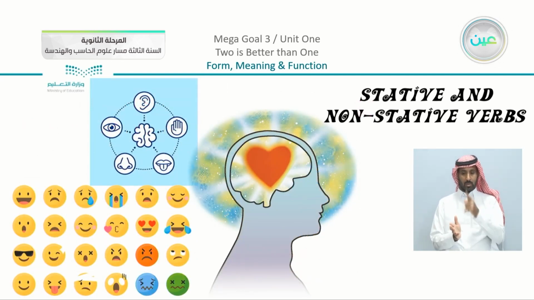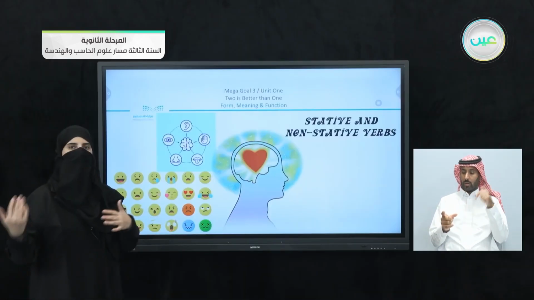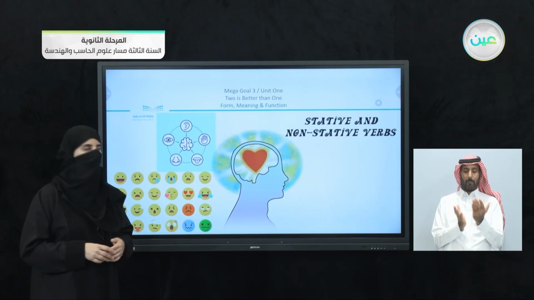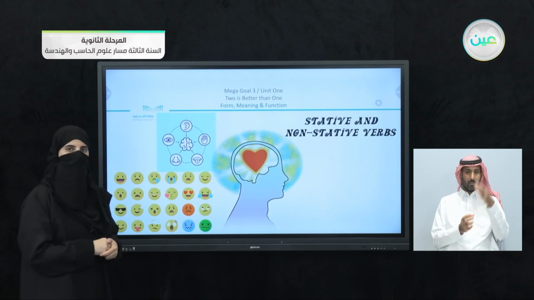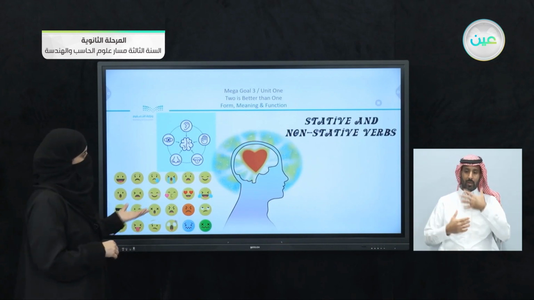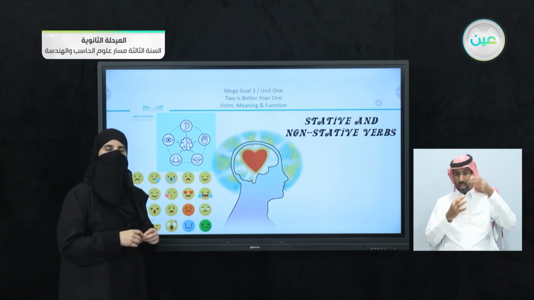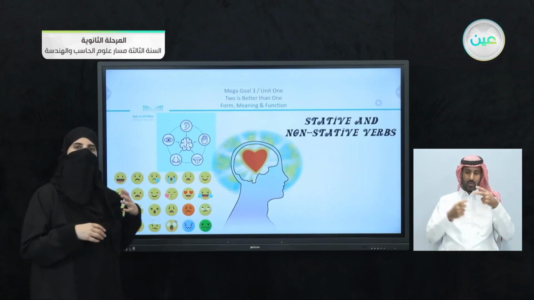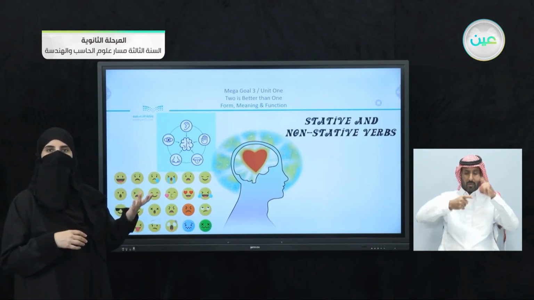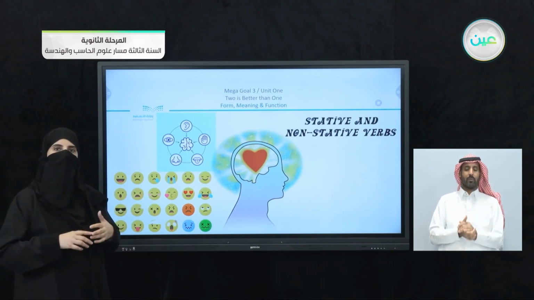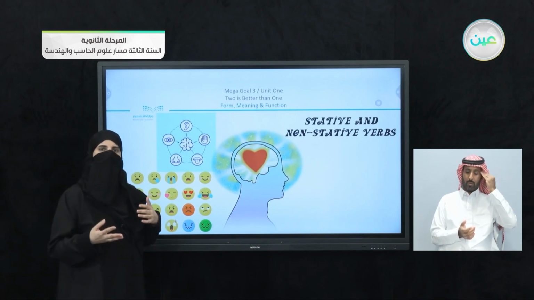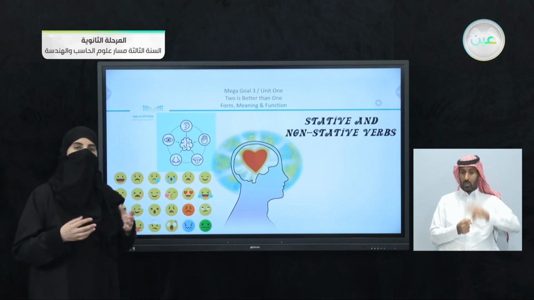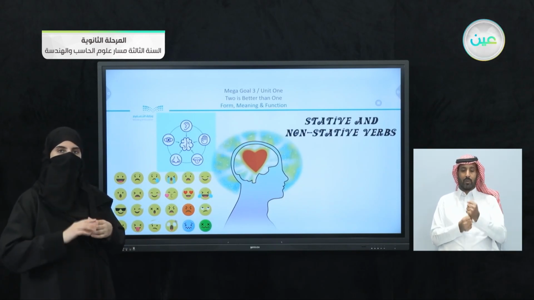Now I have another part, and I'm going to see what is the relation between what we have here and the two forms that we studied. I have here stative and non-stative verbs. Now, just to note the pictures that you can see in front of you, you can see that something is attached to the mind. We have some verbs that are connected to how you think, or mental. So we can say, for example, remember, forget, remind, let's say wish. All of these are verbs that you cannot see in front of you.